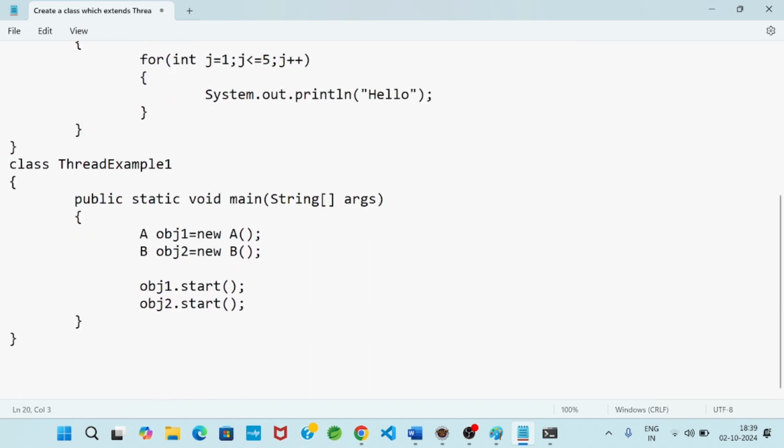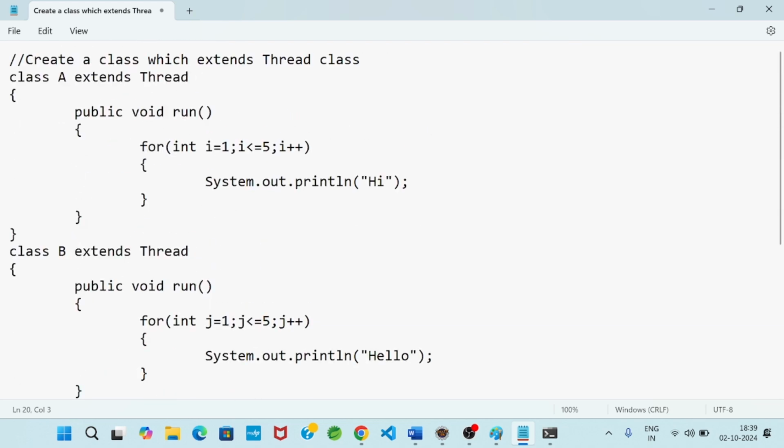But we will see in which order the output comes, because multi-threading programs execute by context switching. One thread is executing, and at the time of execution, control may switch over to another thread.